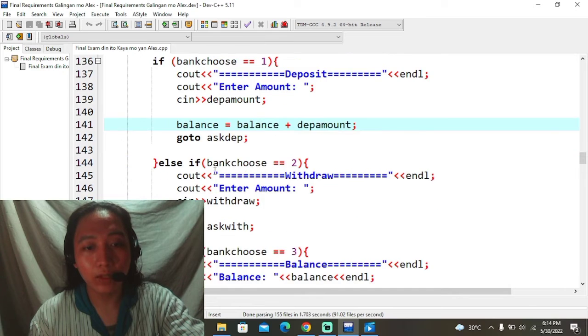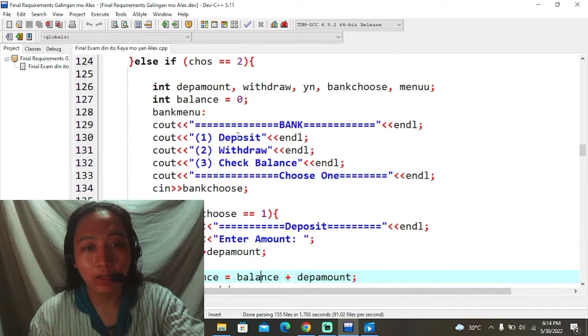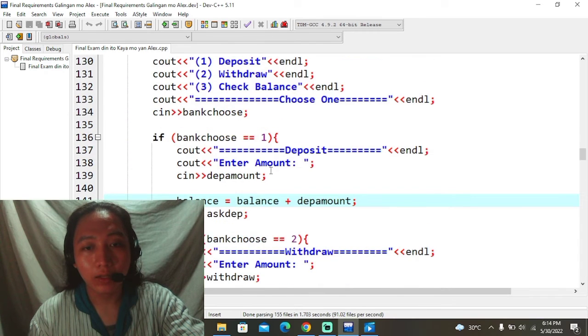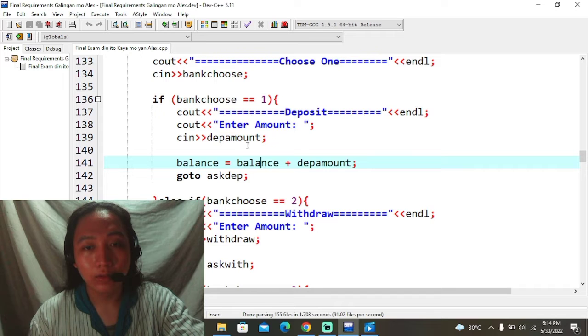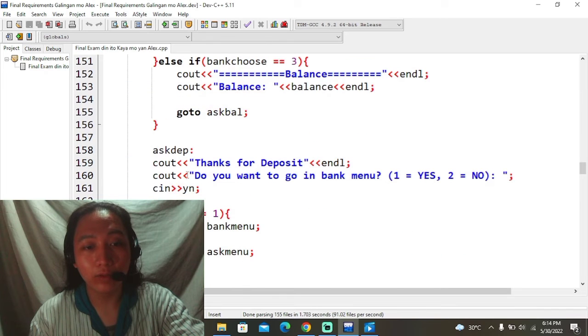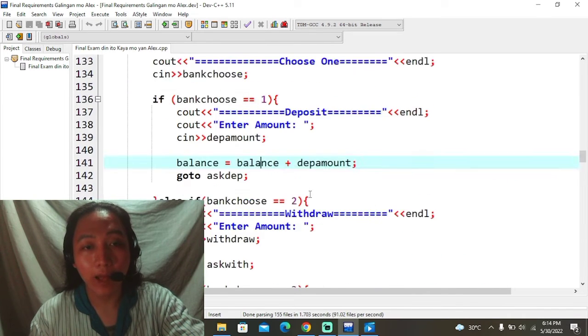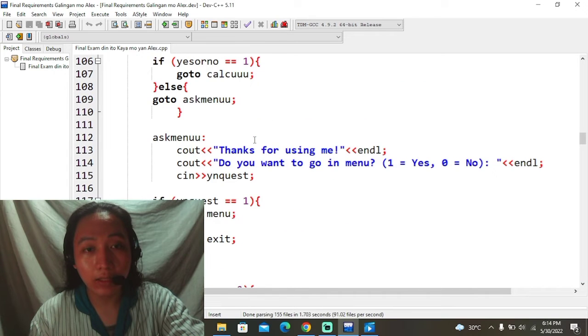If we do the deposit of 5,000, then the balance is 0 equals 0 plus step amount, which is 5,000. Then go to ask debt. We're going to ask debt: thanks for deposit. Do you want to go to the bank menu? If we say yes, we'll go into the bank menu again. If we deposit again,